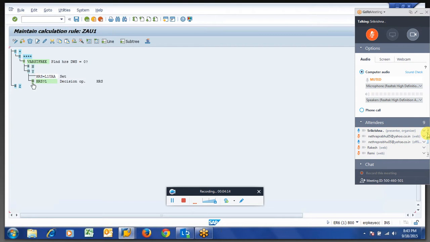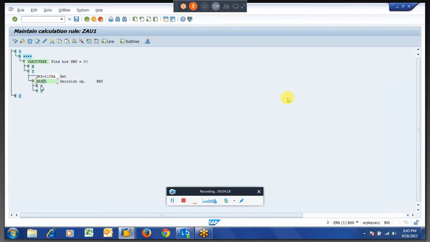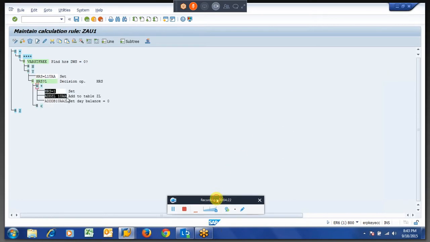So I take HRS equal to the check mark, if it is 1, we generate unauthorized absence even though the day is free, because the previous day the employee was absent. If it is less than, we are going to leave.